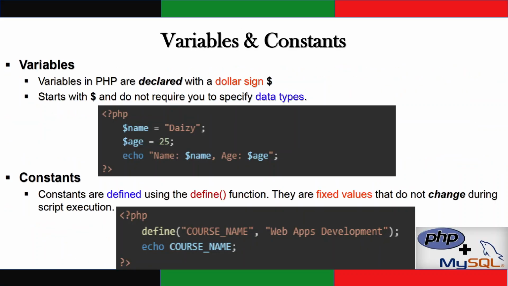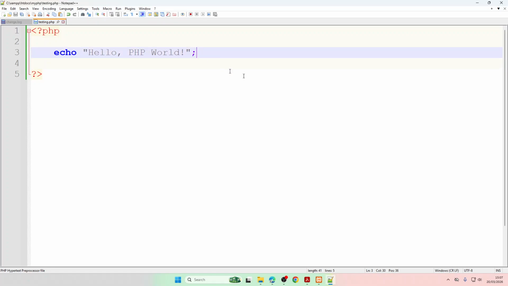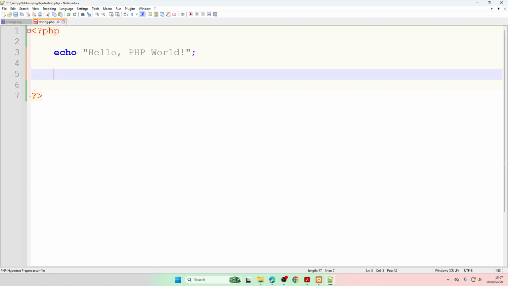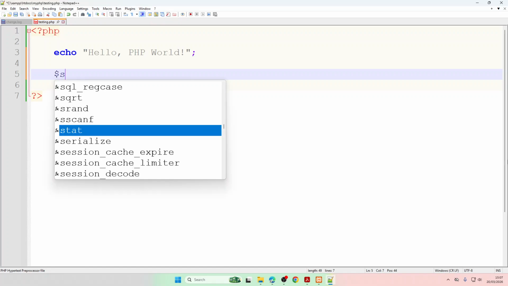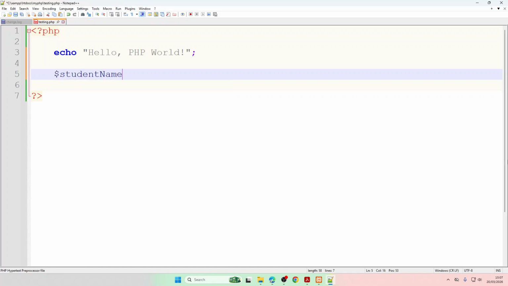So we're going to create three variables. So we said to declare a variable in PHP, we use a $ sign, right? So $ sign, and then the first one is going to be, say, student name. And I'm going to give it a name, say,